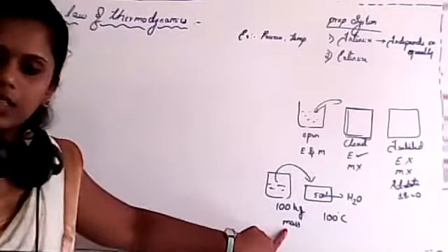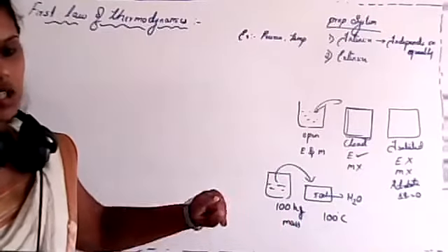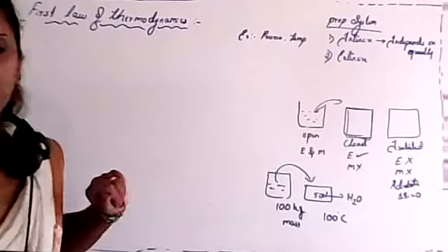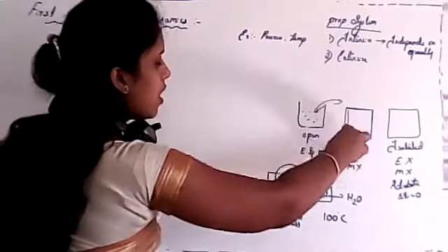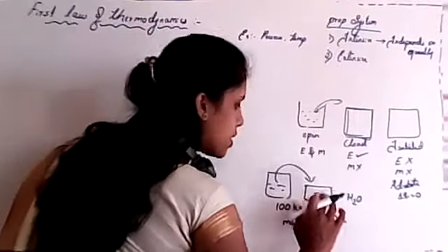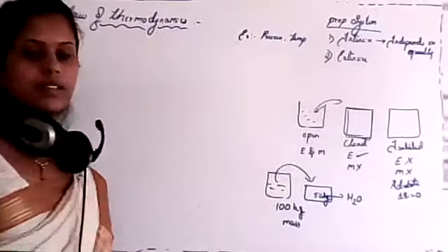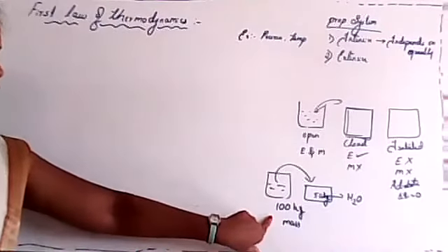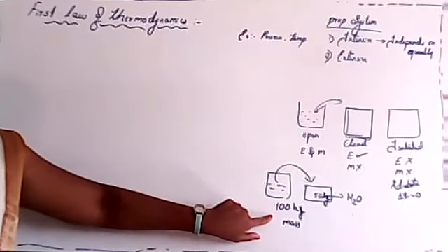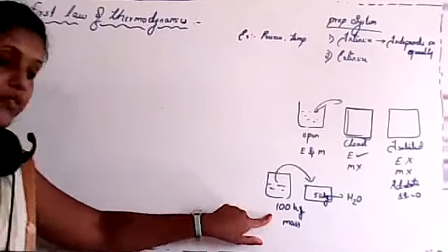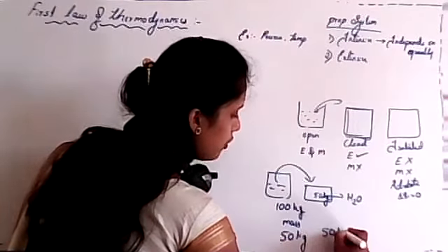I consider the first system as 100 kg of matter, which is filled in system 1. So now I'll just remove 50 kg of substance in this case. So now what will be the weight of this system? That means, yes, the weight of this system is 50 kg, and here it is 50 kg.